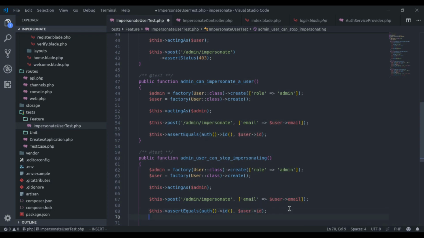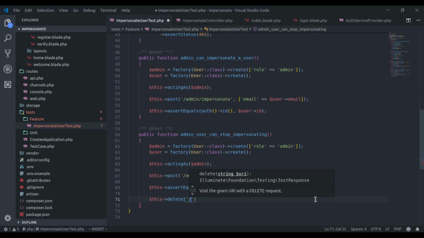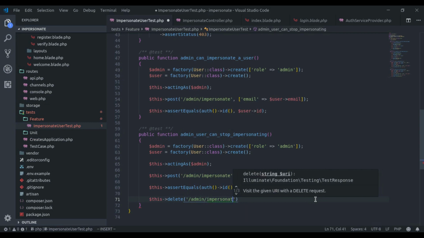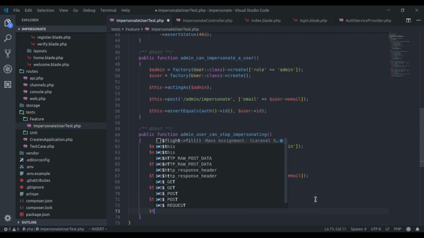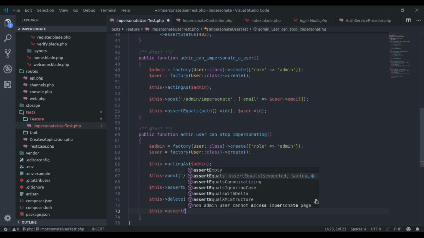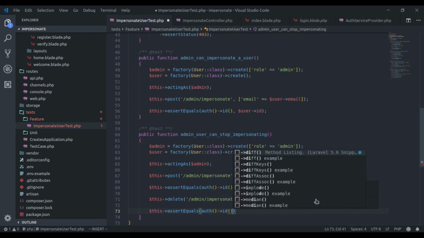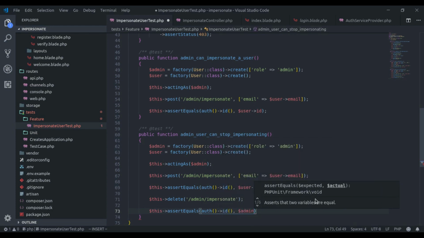Now to stop impersonating, we will send a delete request to this endpoint. Next, assert equals auth id is admin id.